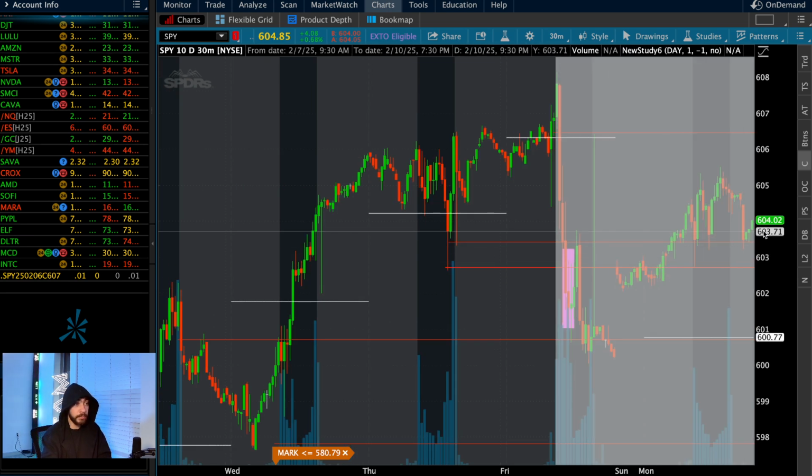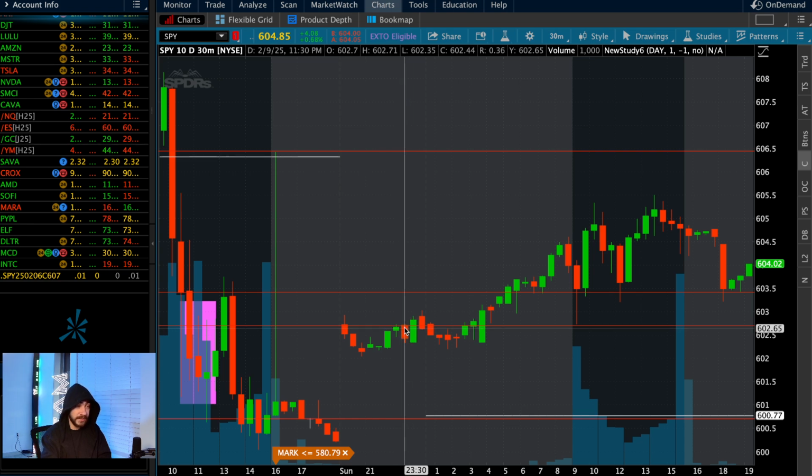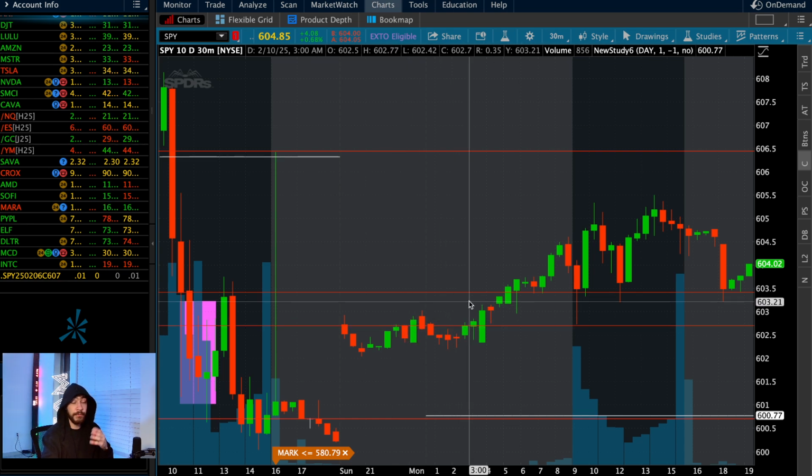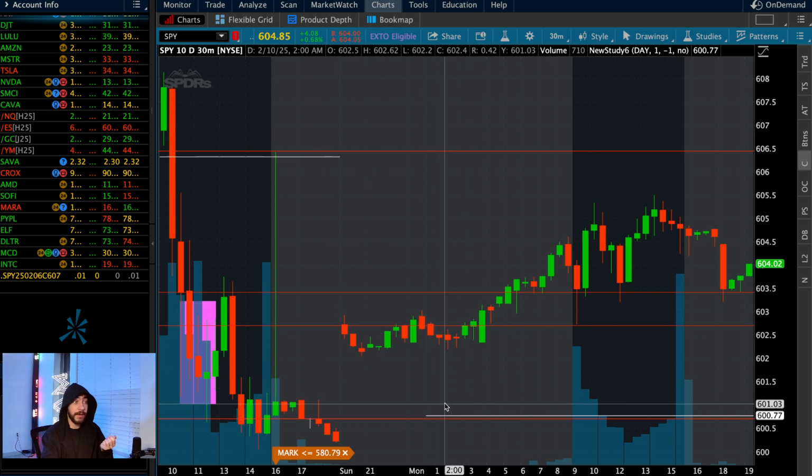So in terms of some previous resistance, man, we do have some previous resistance towards 602.60. But I mean, overall, if we're gapping down and reacting bearish, the main focus is going to be on put options. In terms of levels below that,